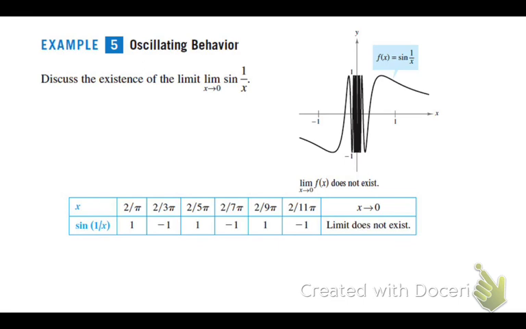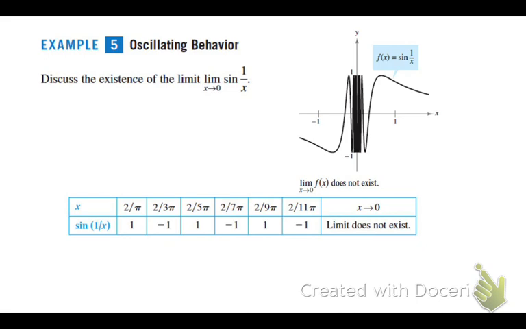Now here's your oscillation one. So if I zoomed in on this graph, right here, it would be just bouncing back and forth really, really quick. And it's not making up its mind. So at 0, it may have a value at 0, but not very long, correct? So again, can you see why this would happen more with sine or cosine as we messed with it? Yeah. Oscillation between two different values does not typically happen